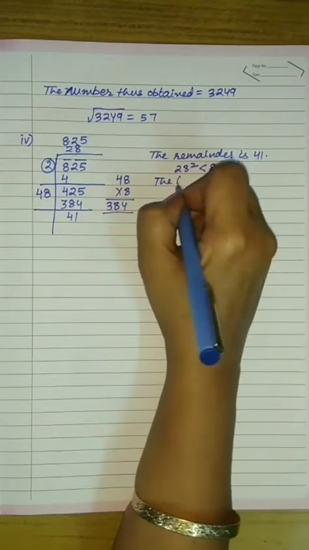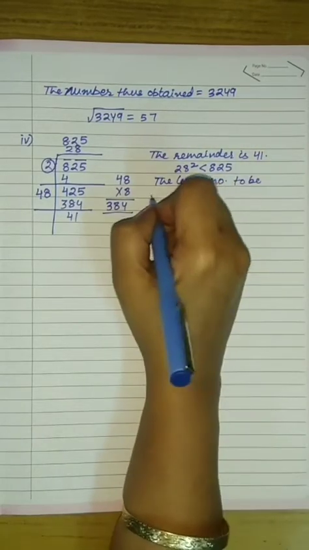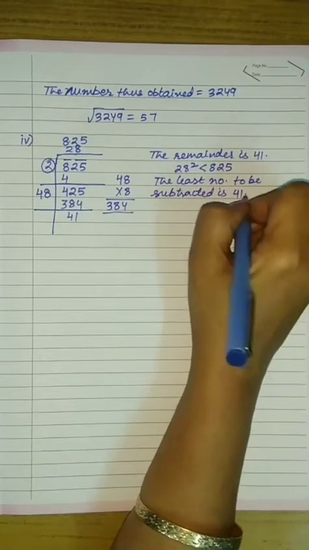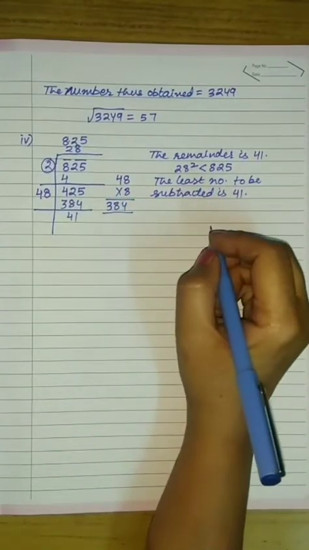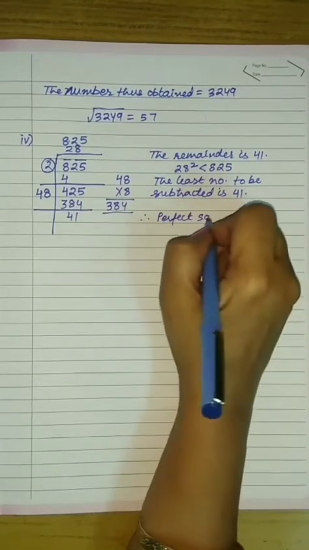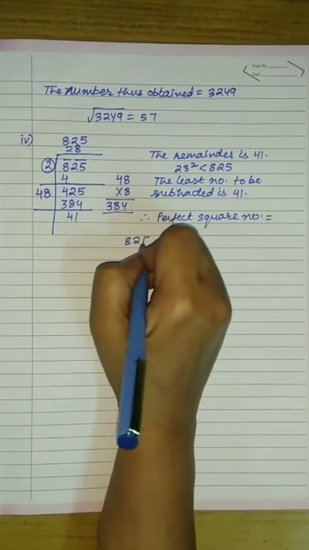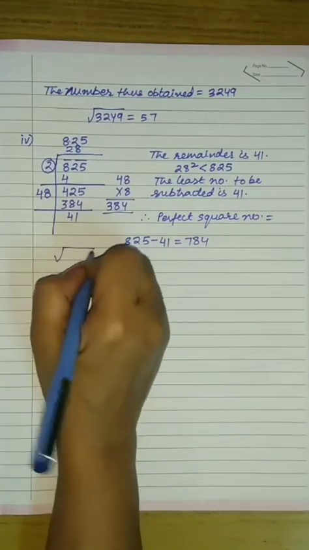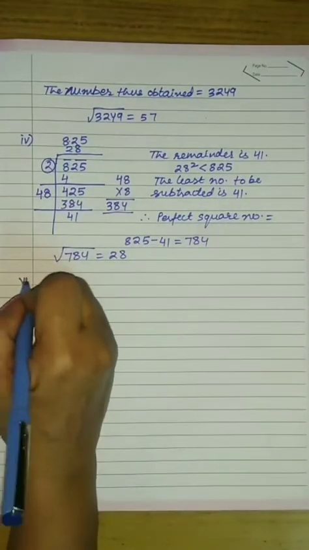So the least number to be subtracted is 41. It means if we subtract 41 from the given number, the number will become a perfect square. So therefore the perfect square number is equal to 825 minus 41, that is 784. So the square root of 784 is 28. The last part of this question is